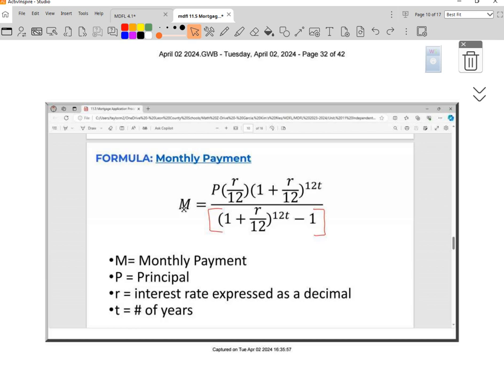So we're not plugging in for M because that's the unknown. That's what we're finding. We're plugging in the principal amount everywhere there's a P. We're plugging in the rate as a decimal everywhere there's an R. We're plugging in the time everywhere there's a T. Be careful when you're entering these on the calculator with exponents. In particular down here, you're going to enter an amount up here and make sure you get down out of that exponent before you subtract 1, or you'll be subtracting 1 from your exponent. Does that make sense, Iana? Okay.